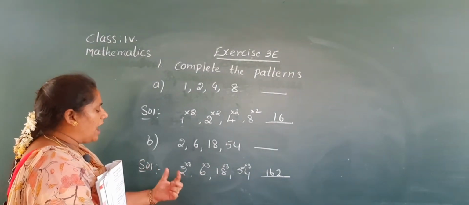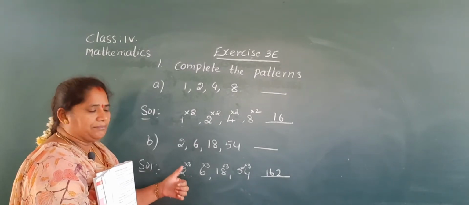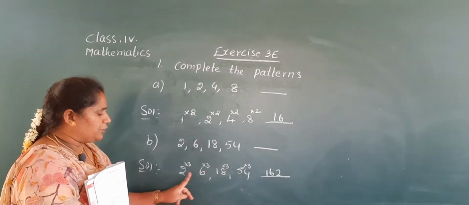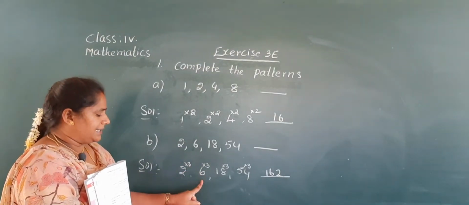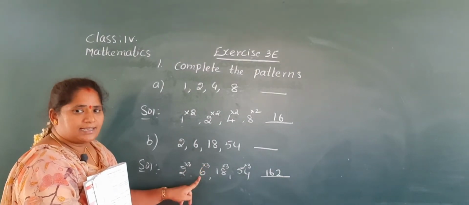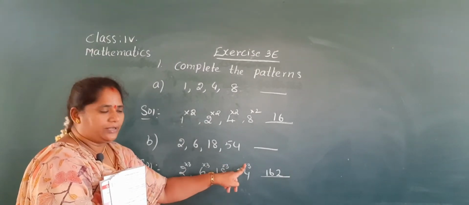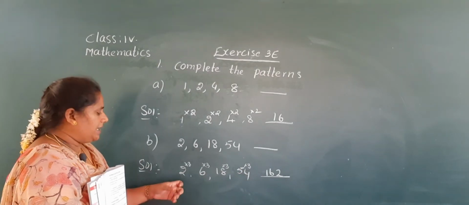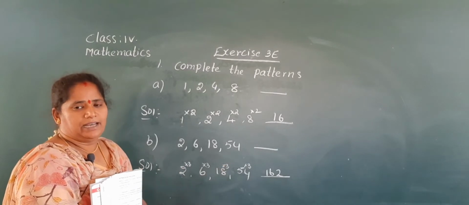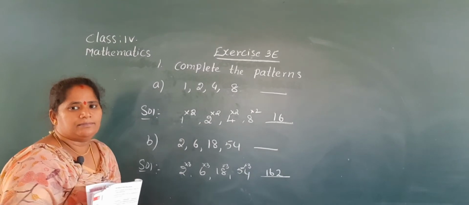So my dear children, you have to observe first these two numbers. Then we can get it clear. So whether the number is multiplied by which number to get the next number. Okay, ma, if you observe this pattern 2, 6, 2 3s are 6. 6 is multiplied by 3. So I have written like this, into 3. 6 3s are 18. 18 into 3, 54. 54 into 3, 162. So here each number is being multiplied by 3 to get the next number. Okay. Is it clear to you, children? Come on, note down in your classwork, ma.